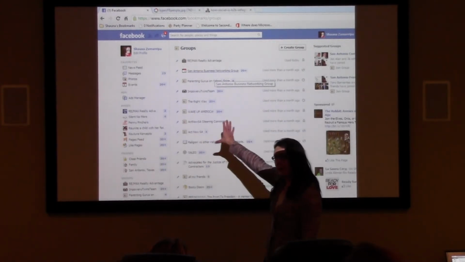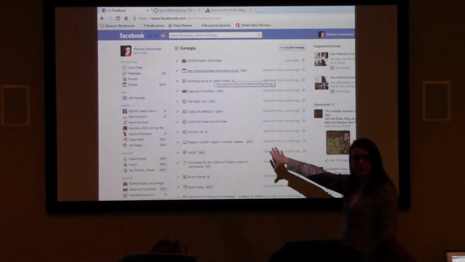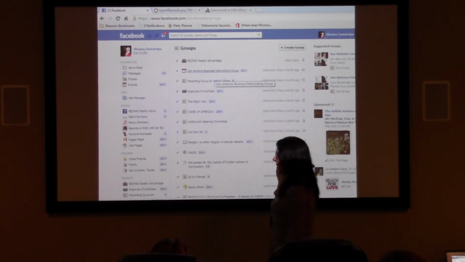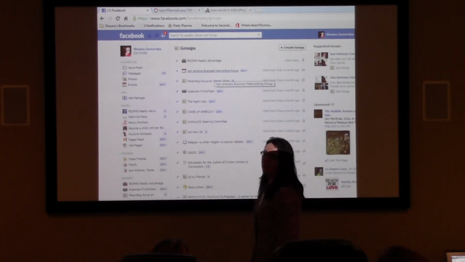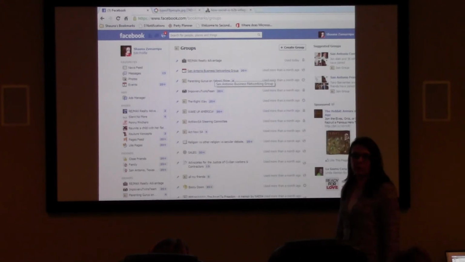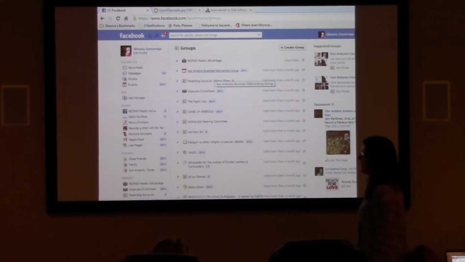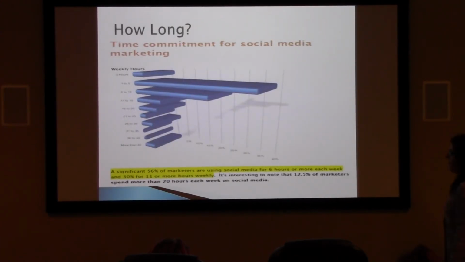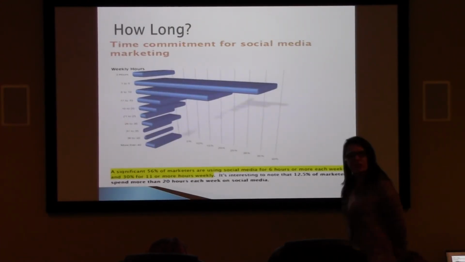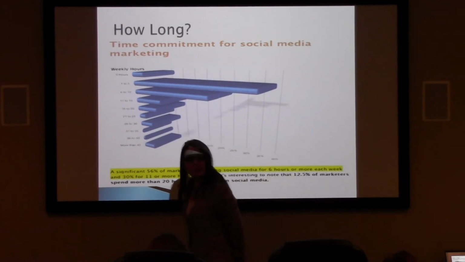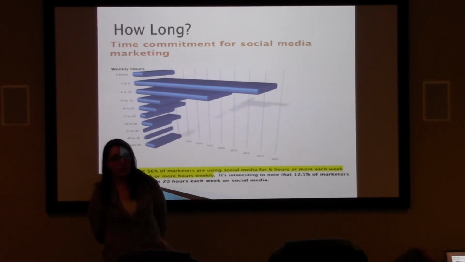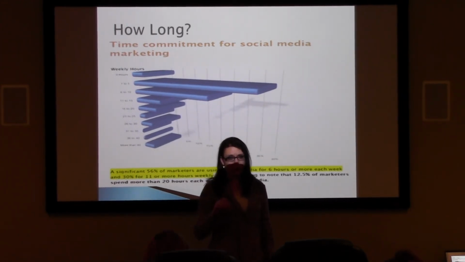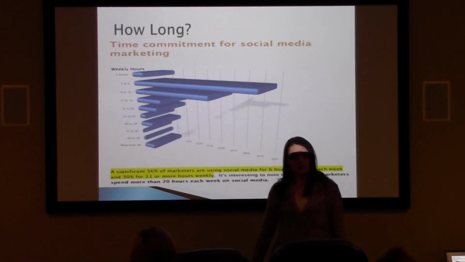As opposed to putting them on a list and stalking all their updates, you can have very small focused conversations. This is also a great place to go and find different business networking groups in your area that you can become a part of. So that's another good benefit of using the groups feature. You can just start typing business networking in your search bar up at the top, and it will start pulling up things that are close to you, because most of the time it's geo-targeted. You can do pretty much the same thing on LinkedIn as well.